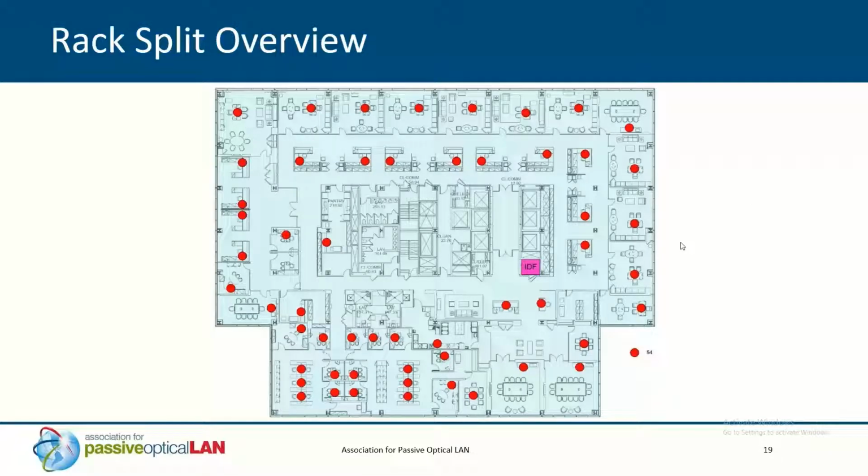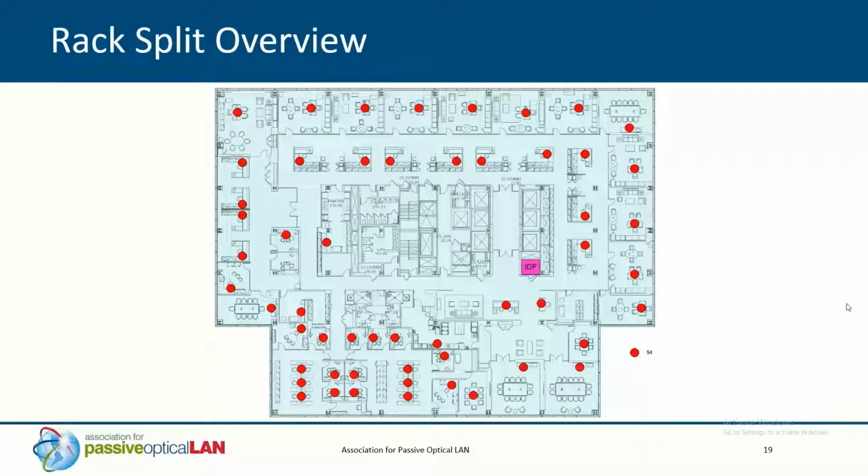Why would I want to do that? Well, let's say we have a large area that we're trying to cover. Another good example would be like a warehouse, right? So you just want to come into one location where the offices are and then split out to all these other locations and not have to go around the rest of the office or floor to service these different locations.